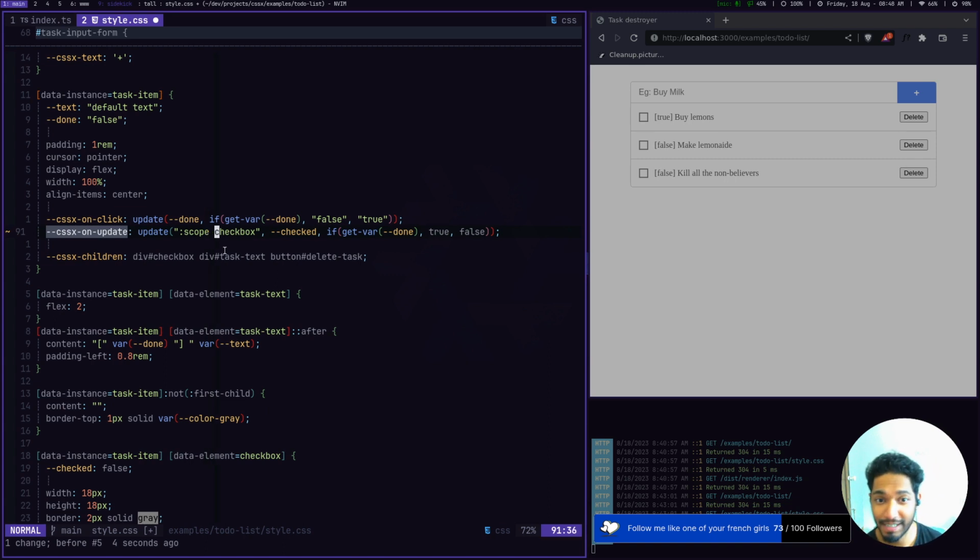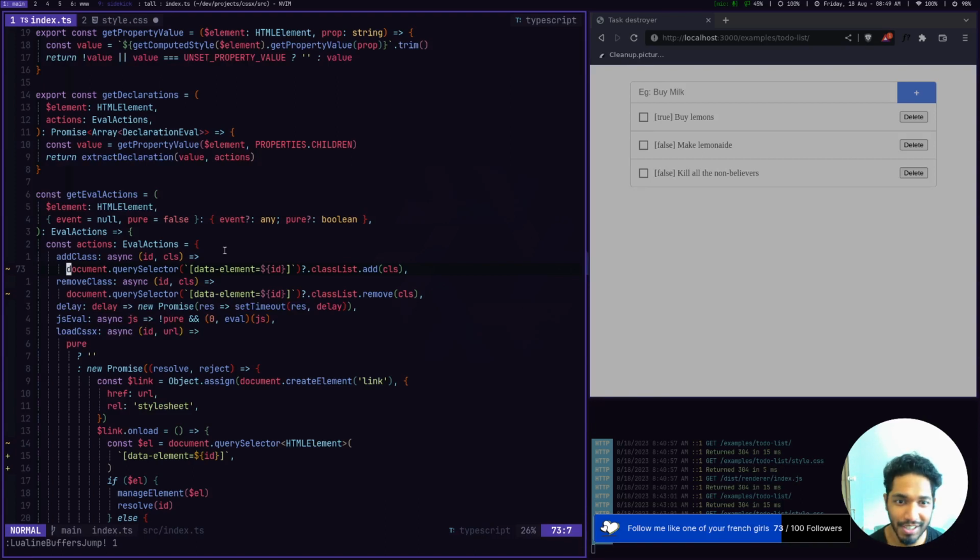Scope is valid CSS, or maybe be more specific here. Data element equals that, right? This is the proper CSS way of doing this, and this would work. I just need to make one change in these things, where instead of just using the data element by default,